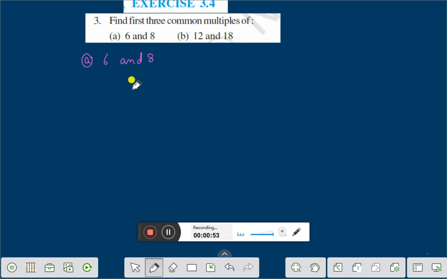First I will find the multiples of 6. We write the multiples of 6 first, that is 1